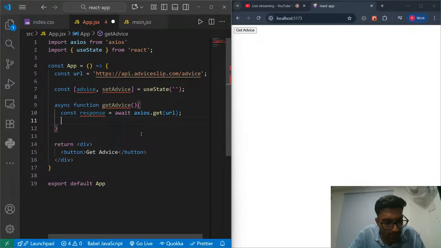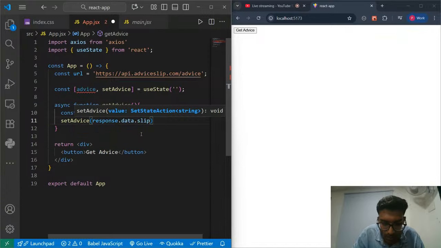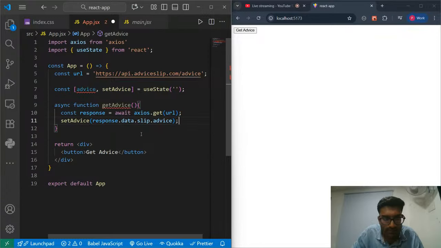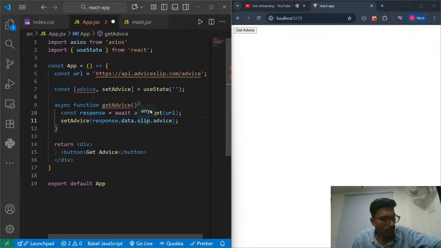Now I'm going to set advice, this method, and I'm going to set it to response.data.slip.advice, right? Okay, now my advice is set.